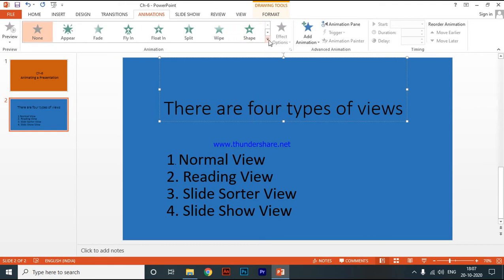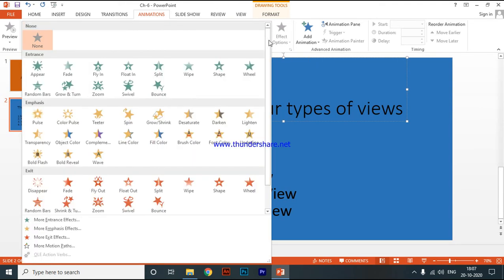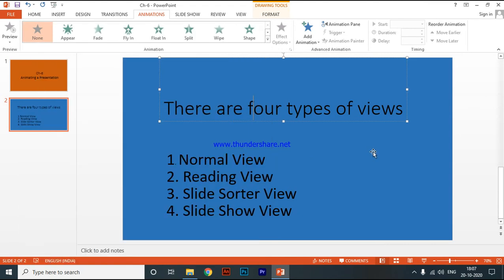If we click over here, we will see on the screen the 4 types: entrance, emphasis, motion path and exit. There are also more emphasis effects and more motion paths. First of all we will click where we want to apply the animation.